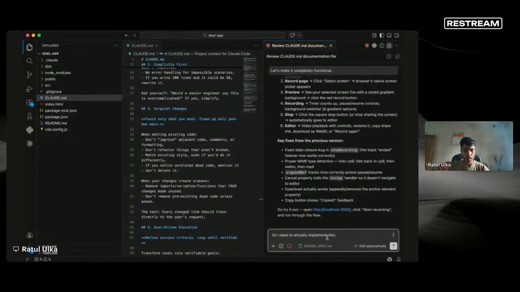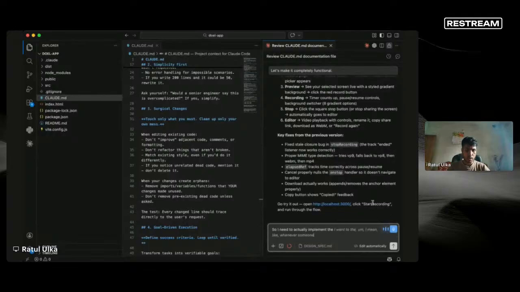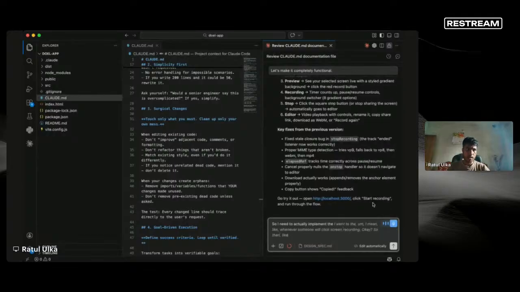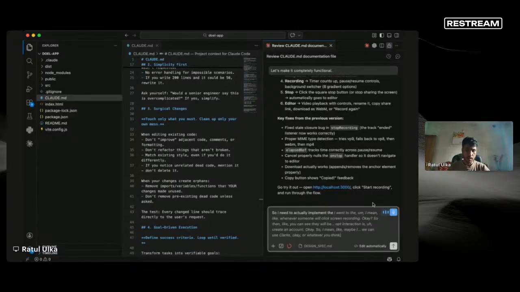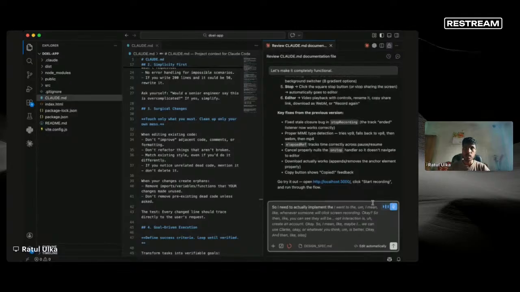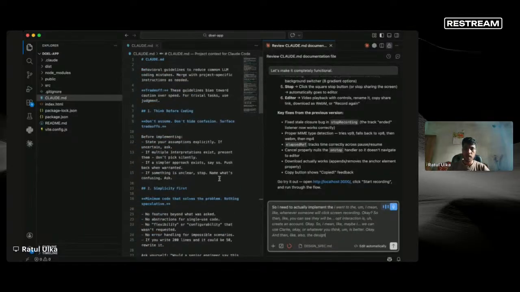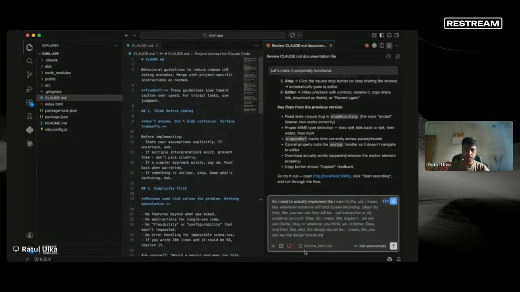So I need to actually implement the show that, whenever someone will click screen recording, then you can say they will be opting to actually create an account, okay. So maybe we can use Clerk, or whatever you think is better. And then also the design should be